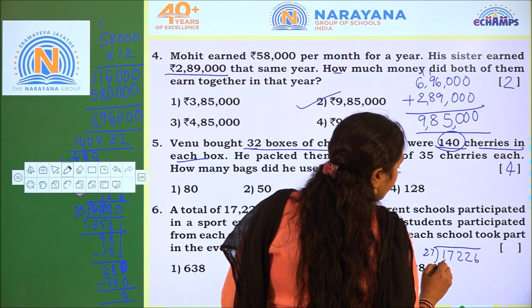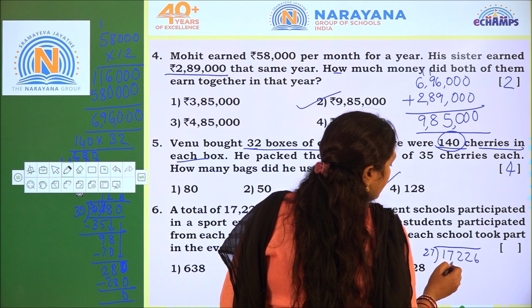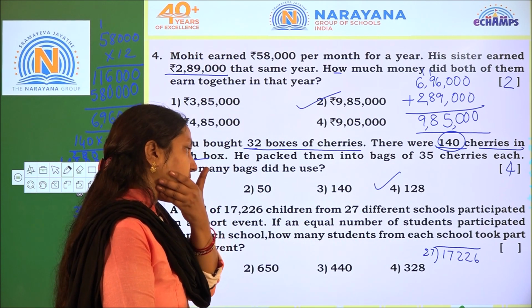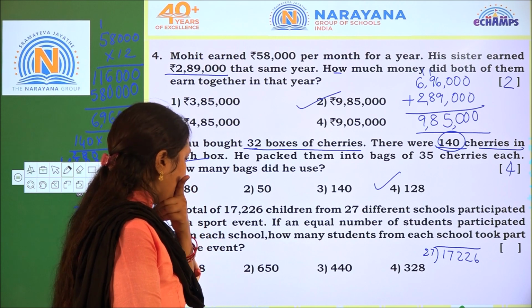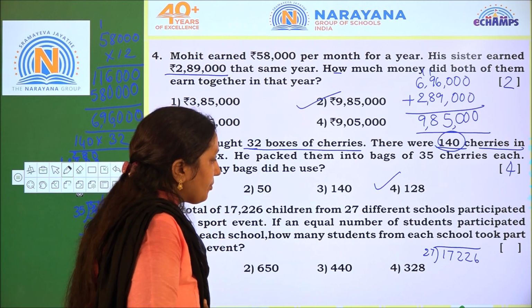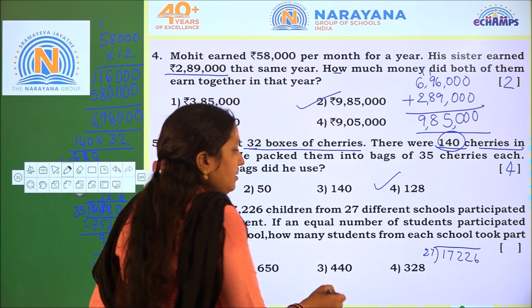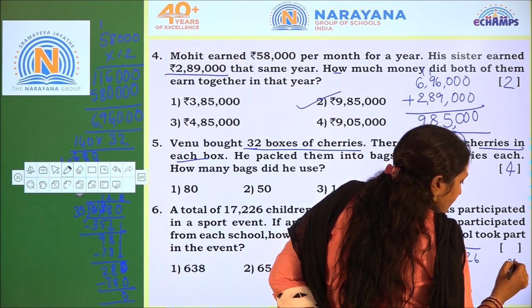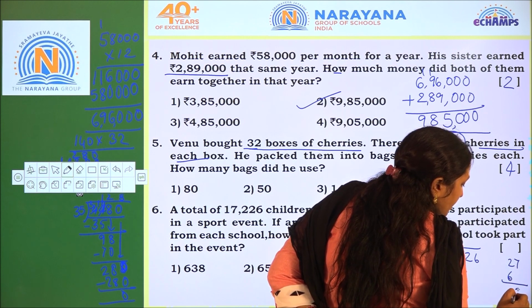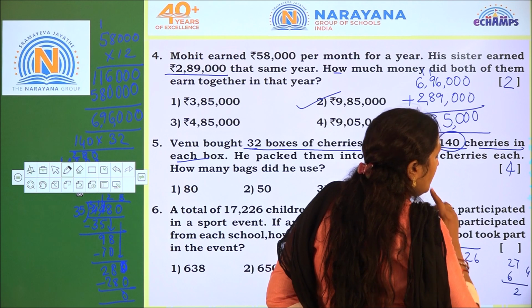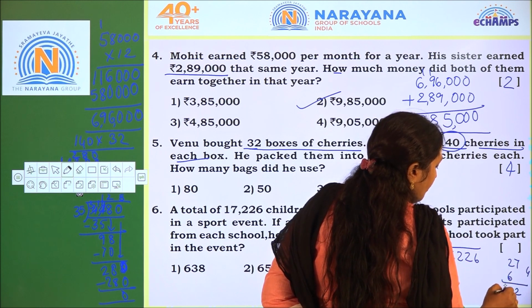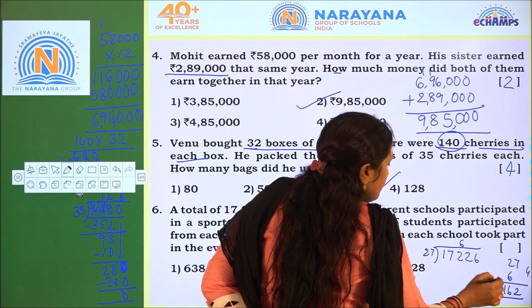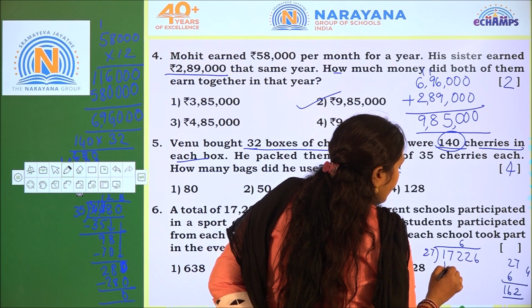So can we divide 17 by 27? No. 172 we have to take, children. So approximately how many times can we take? Can we take 6 times, children? See, 6 27s how much? 6 7s are 42, 4. 6 2s are 12 plus 4 is 16. So we can take 6 times. So 6 27s are 162.